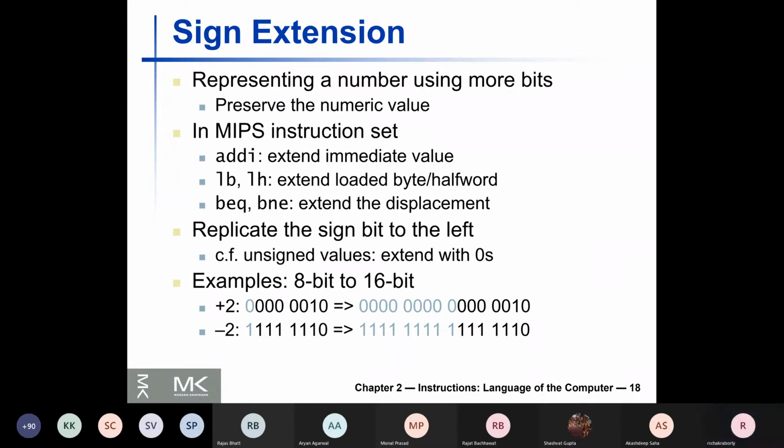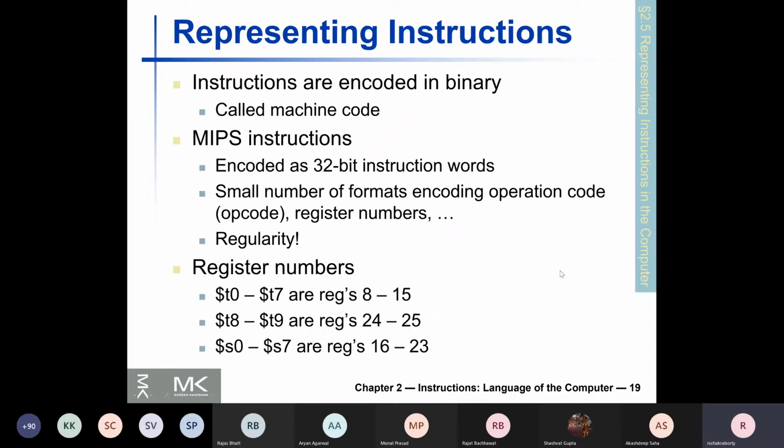Okay, fine. Let's continue. So this we have already. Now we will come to a very important topic: representing instructions. Till now, we have been writing instructions with opcodes and operands almost in English. But that is not how things work on a microprocessor. The microprocessor does not understand any human readable language. It understands only strings of zeros and ones.